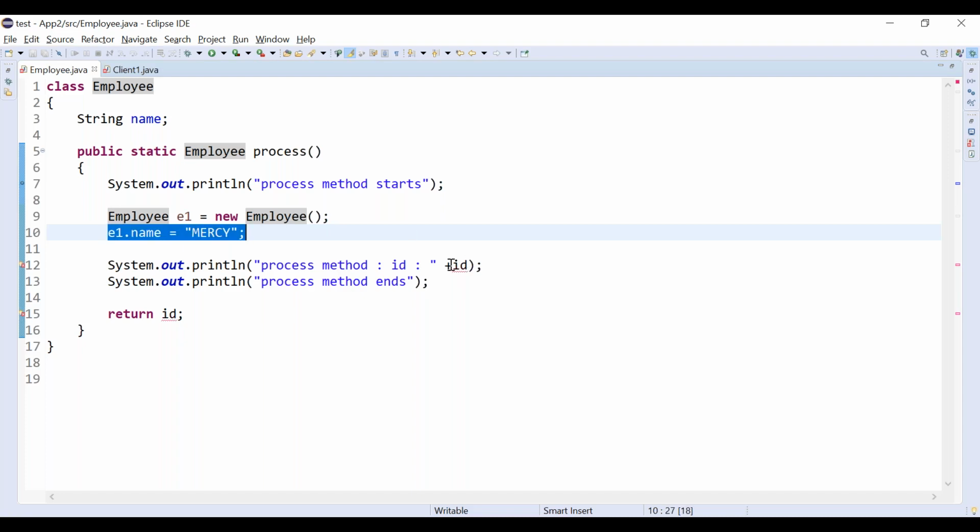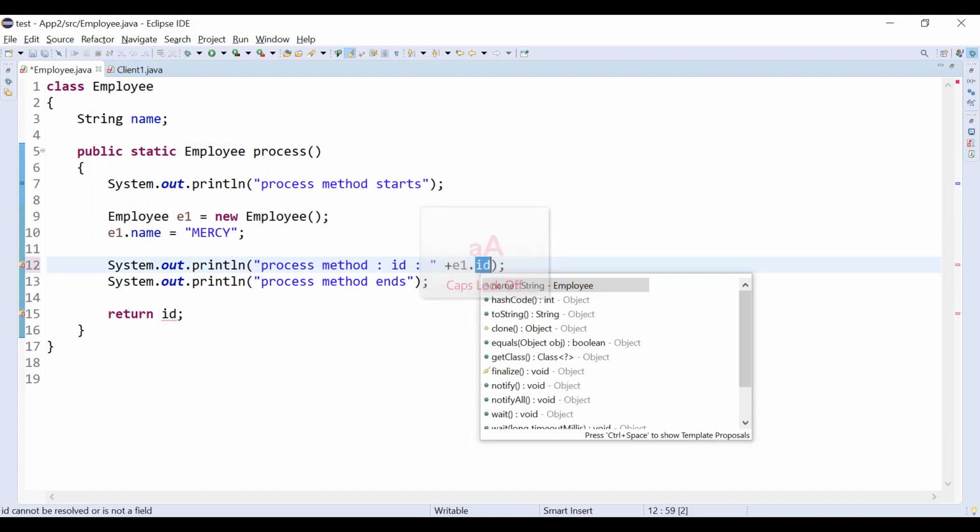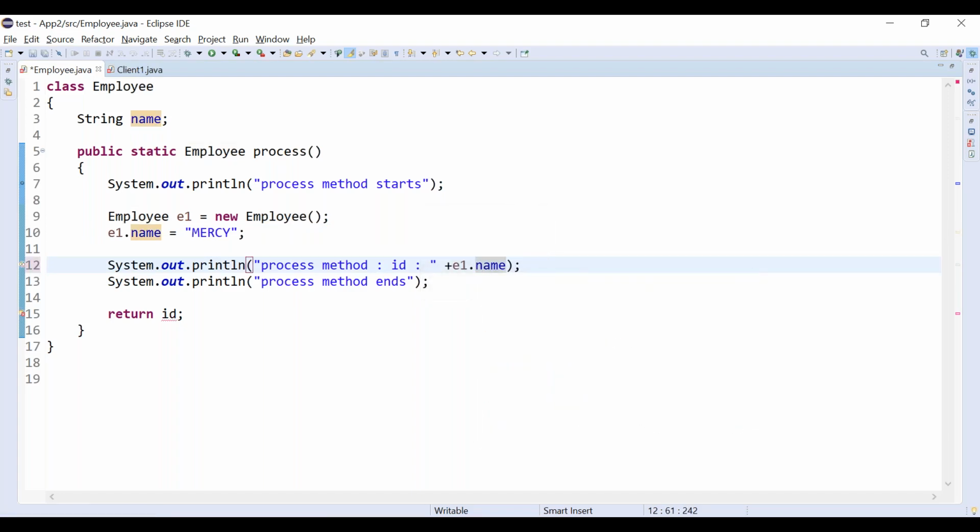If needed, you can even print the value, e1 dot name, the instance variable. Finally, what are you doing?